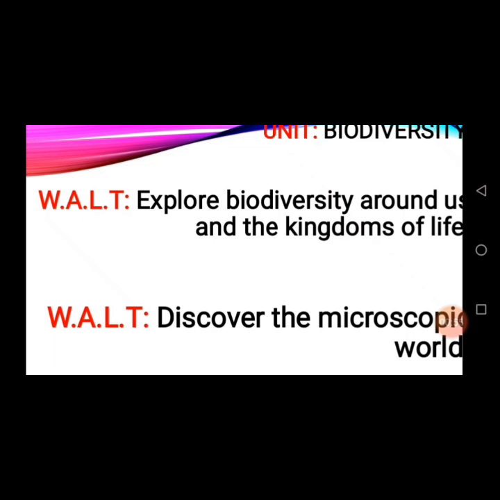We're also learning to discover the microscopic world because there are a lot of microscopic organisms that are found in the air, in water, and in soil. Most of them you can't see, that's why they are called microscopic organisms. So we'll be exploring them and seeing the instrument or apparatus we use to see them or to study them